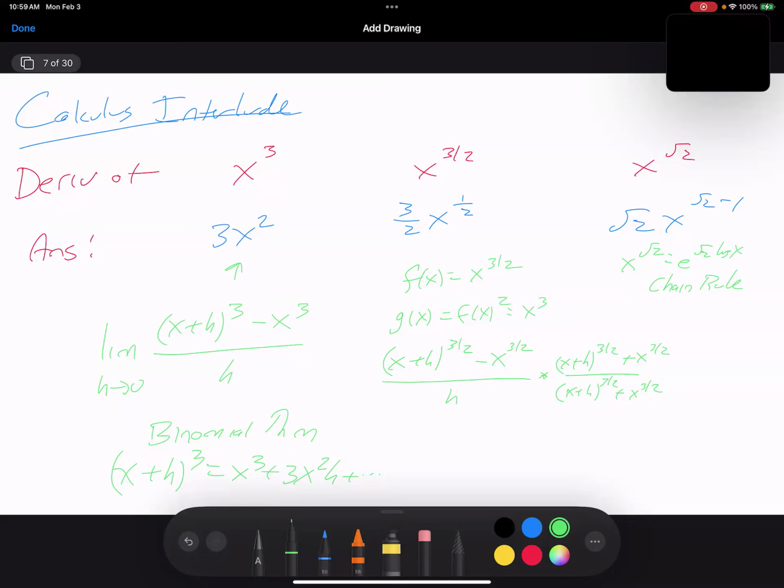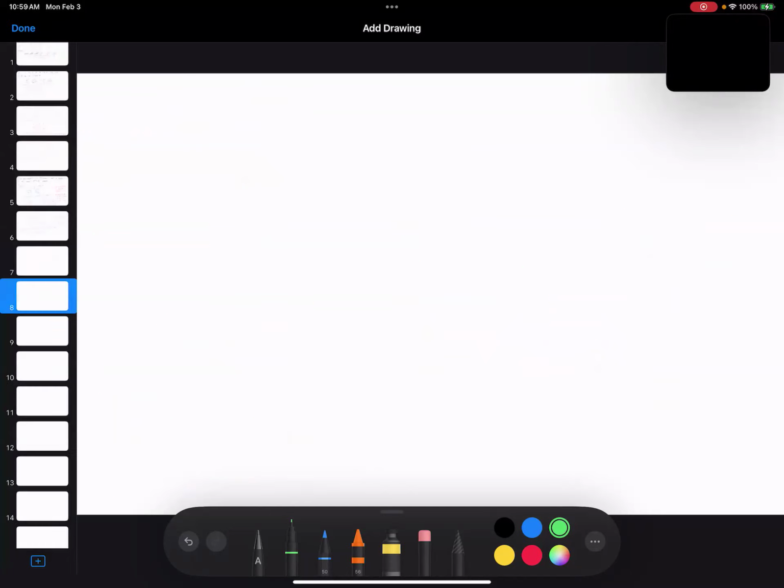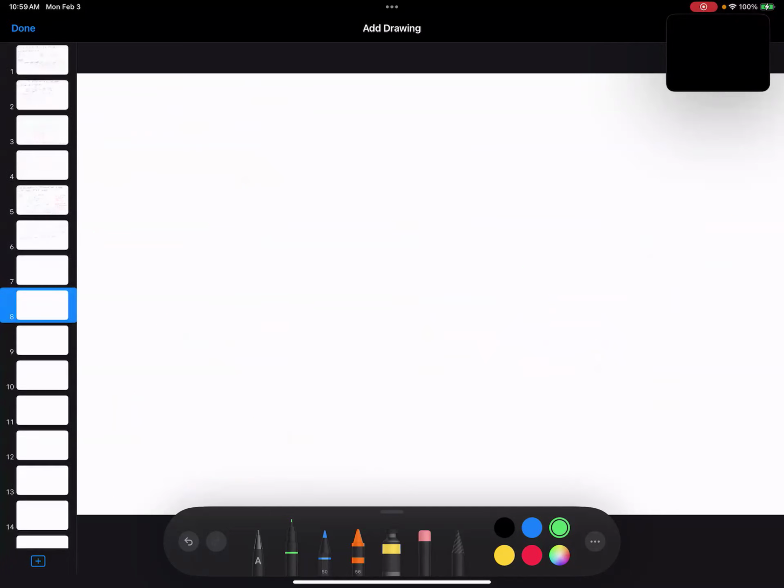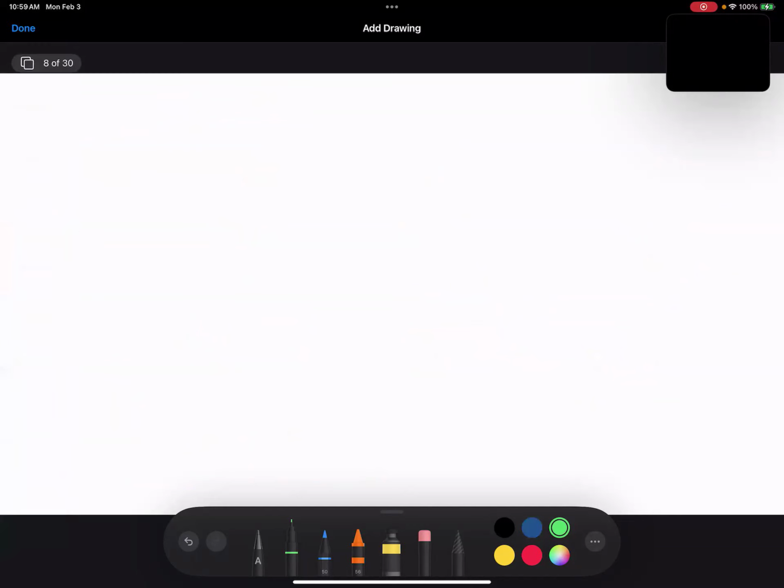But to raise something to the root 2 power, we're really using e to the x is the sum of x to the n over n factorial. And now we've reduced everything to just working with nice powers. The other thing, just to briefly mention for the calculus interlude, is the sum rule. So the derivative of a sum is the sum of the derivatives, right? So if I give you 3 functions, f plus g plus h,